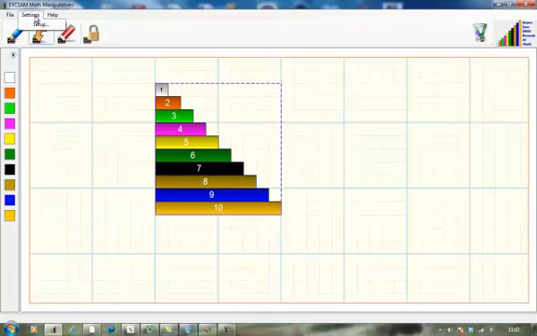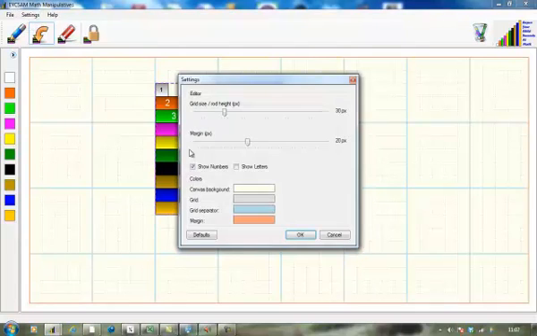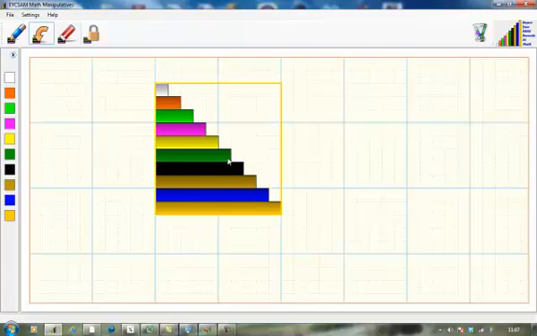If I remove the numbers, a lot of the time we will be using those numbers. But if I remove those numbers and I said to the children, right, if red represents 1, which rod represents 2? Now this is a later developmental step in the program. And actually, the answer would be yellow, simply because yellow is worth,